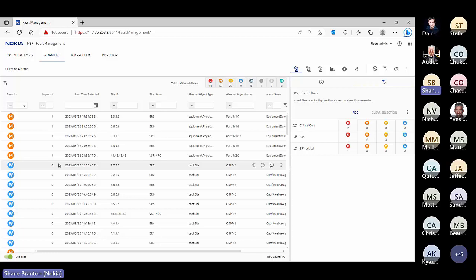The different side of that is, let's say an access port goes down, and that access port has tons of live customers, for example. What's going to happen is I'm going to see the similar equipment down or port down alarm, but the biggest difference is that this impact count is going to be severely high. It's going to be very high. So again, a visual cue, because the impact count tells me right away, if I see that number high or very high,